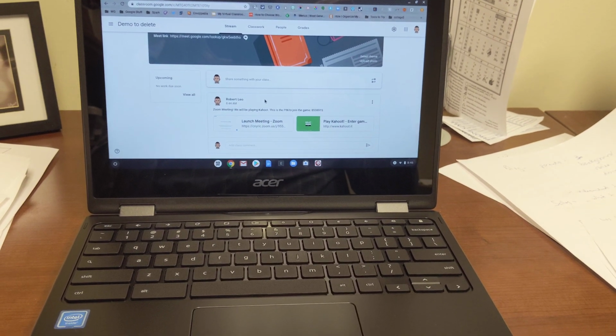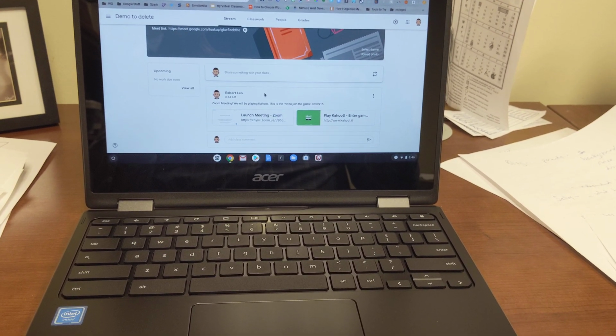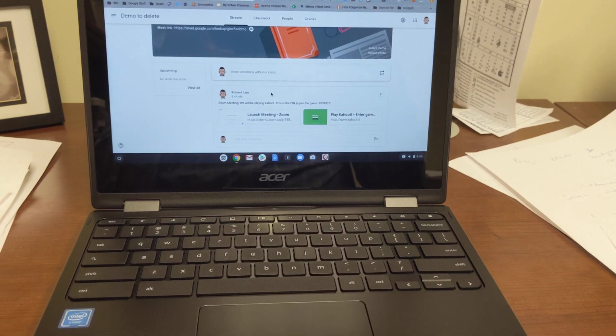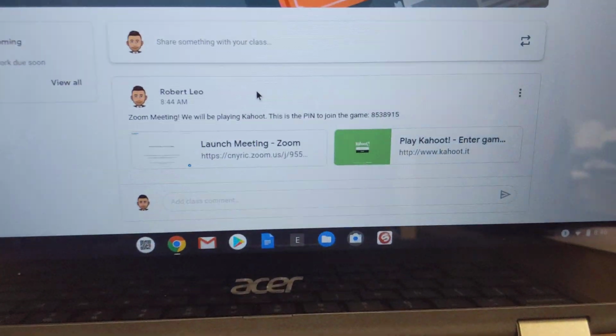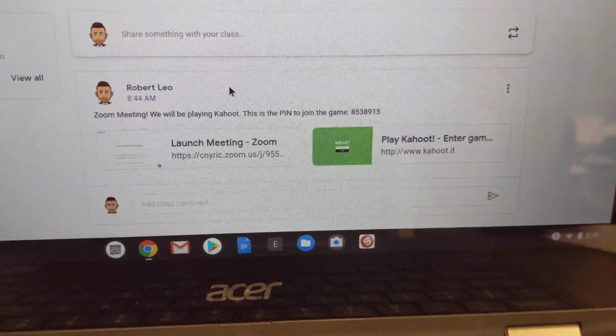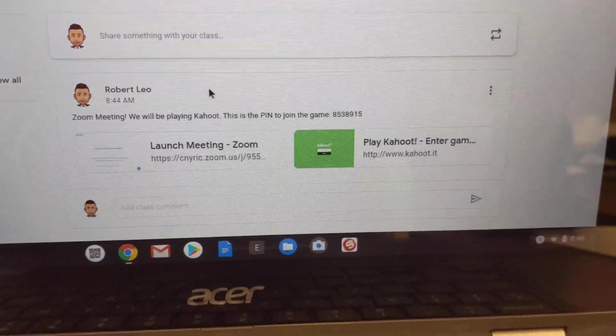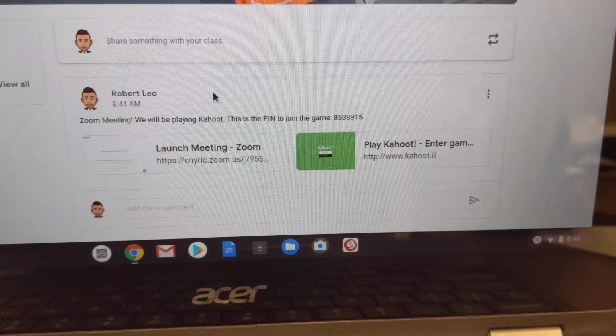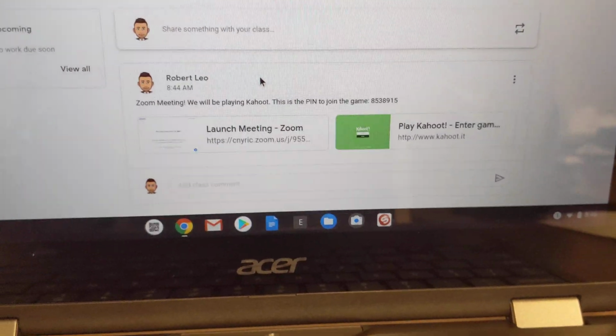In this video we're going to take a look at a keyboard shortcut that will allow you to split the screen. Let me just zoom in a little bit here. The teacher has posted an activity. One is a launch Zoom meeting link to go live, and the other is to play Kahoot, a web-based game. So let's launch the meeting first